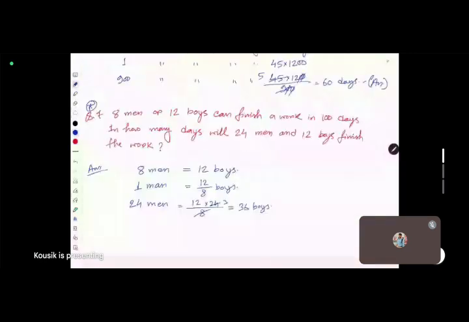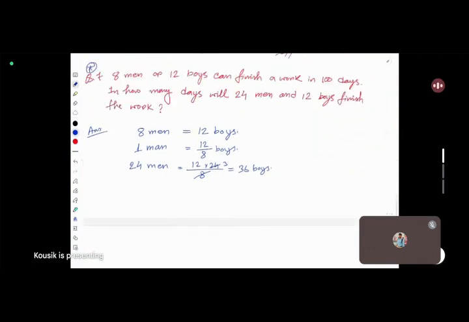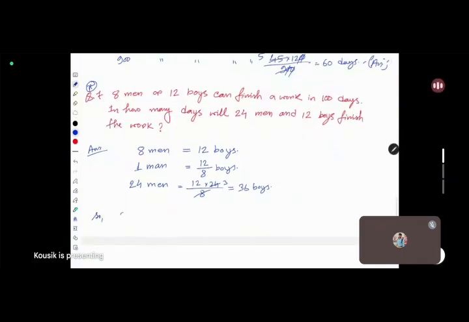So they are given that 24 men and 12 boys, that can be converted to this 24 men equal to 36 boys plus 12 boys. This 24 men is now converted to these boys. So that means 48 boys. You may convert this whole to the men, that may be more easy, but we should